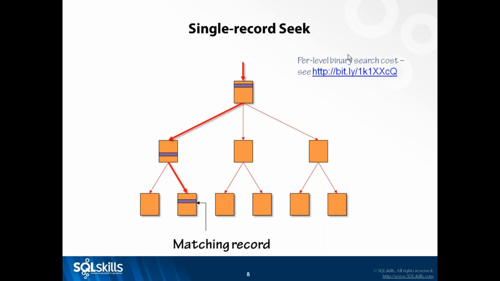Now, there's a link up here. If you're a little bit more advanced and you want to know a little bit more, there's a cost of doing this search, per level. And it's a few microseconds. It's like 50 or 100 microseconds, depending on your processor speed. But there is a cost per level. So it pays to try to keep your index keys small so that the number of pages down here that can be represented up here is as large as possible. That means as many rows as possible can be here, and as many rows as possible can be here. And that means that there doesn't have to be so many levels in the index. And this would be 1, 2, 3 levels. There's a per level cost. And again, if you're a bit more advanced, you want to know some more information, go look at that bit.ly link there.